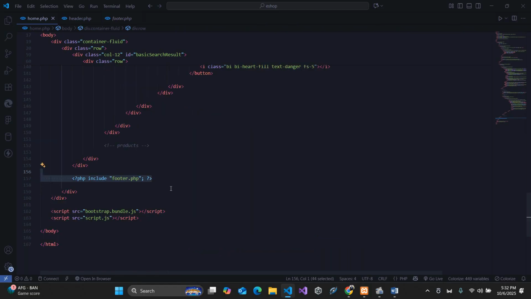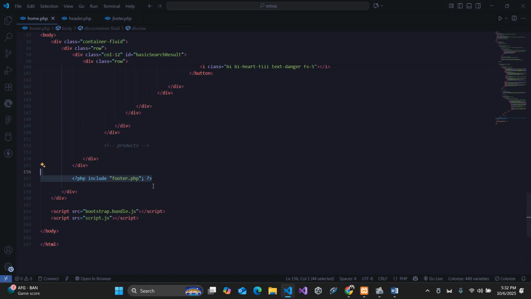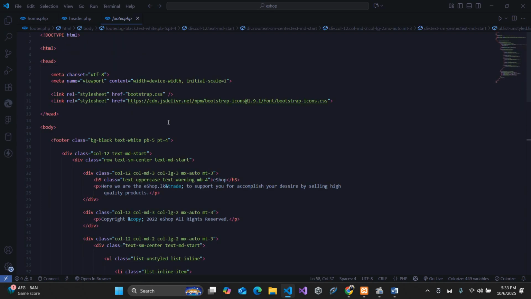Completing our modular structure is the footer.php file. The footer is far more than just a copyright notice. It is a vital navigational and information hub. Just like with the header, including this file using PHP include footer.php ensures a consistent corporate look and feel across the entire eShop website. The design here uses a contrasting background